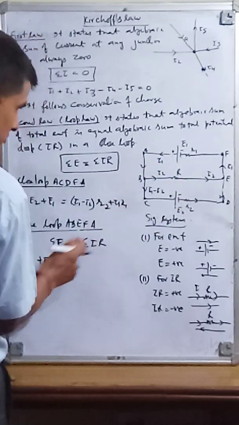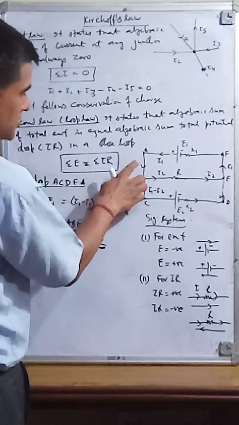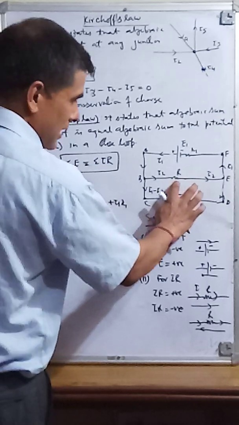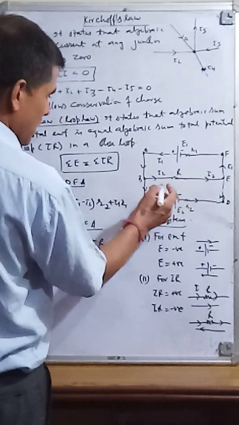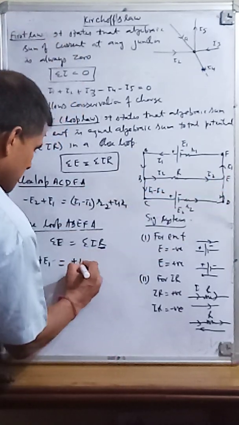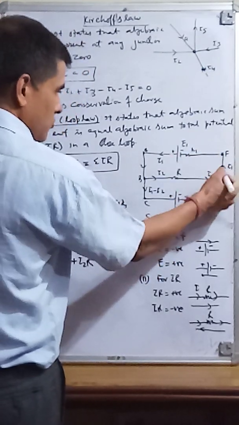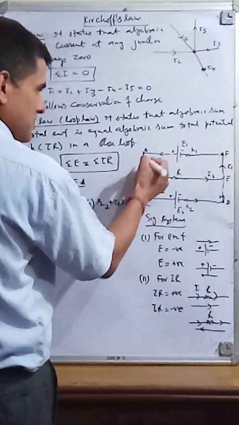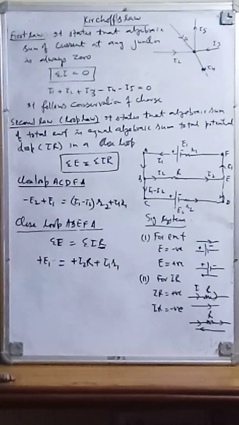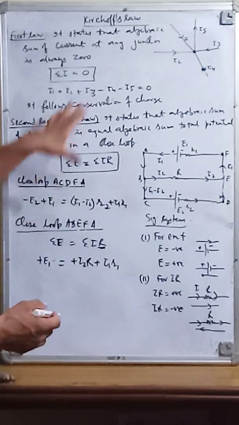Okay, now there is only one cell. Now you go for sigma IR. You first search for R, where I and R are together, you will take IR. So in which direction are you going? A to B, B to C. Current is also going in this direction, so we will take the positive sign, I2 into R. Now this is the resistance, and current is going in this direction and we are also going in the same direction, so this is I1 into R1. So I have applied the Kirchhoff law. Is this the first law or the second law, right? So this way we can apply this in the first law.